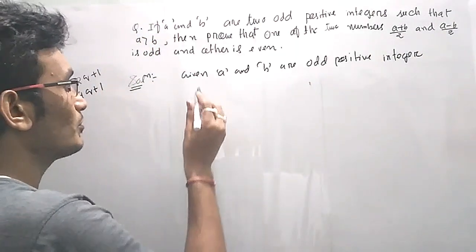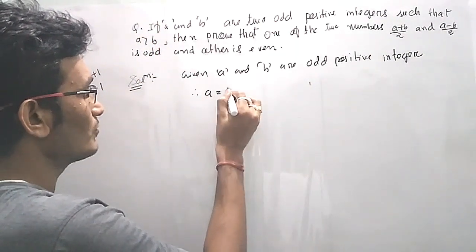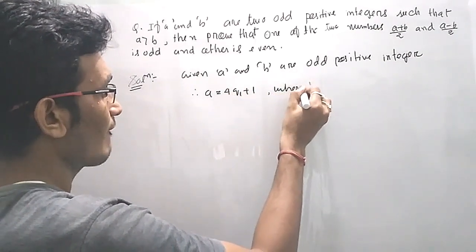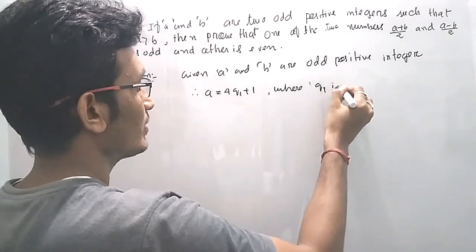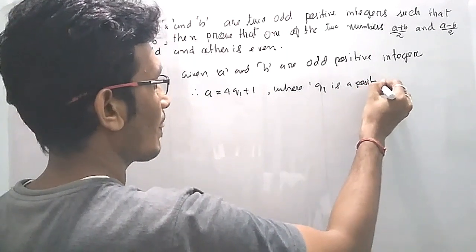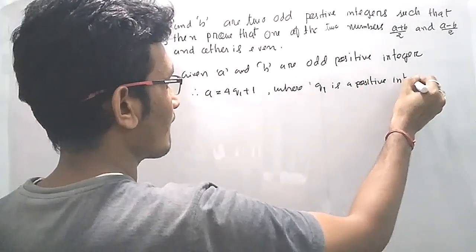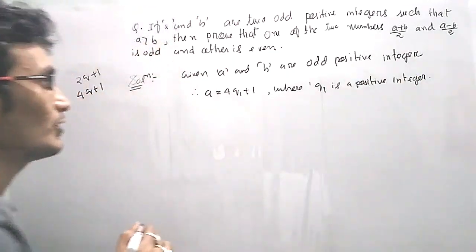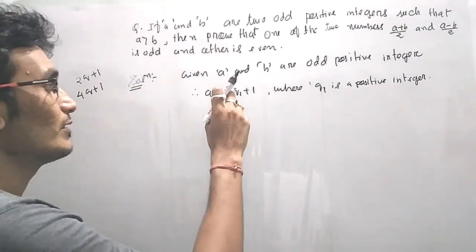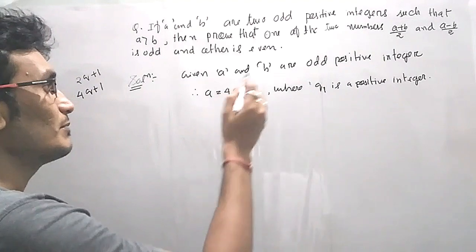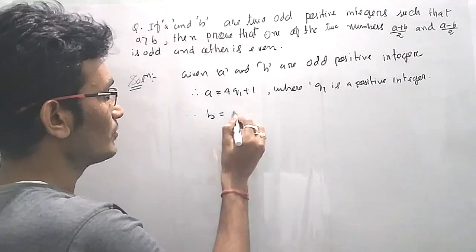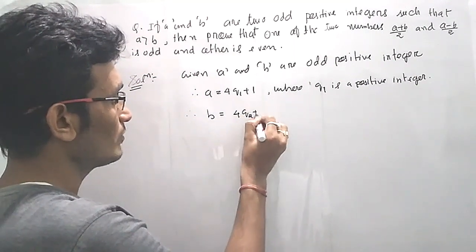So if a and b are odd positive integers, therefore a equals 4q1 plus 1, where q1 is a positive integer, because we know odd positive integers can be expressed in the form 4q plus 1. Similarly, b is also an odd positive integer, therefore b equals 4q2 plus 1,